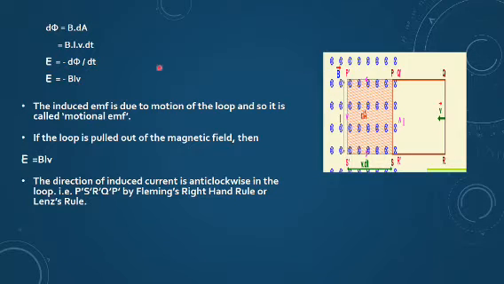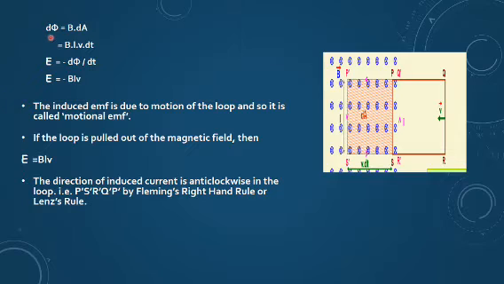So the same diagram again. Now V is the velocity for a small time dt. We are moving it towards the left. The field B is inside. Fleming's right hand rule applies, and by Lenz's law, which we have discussed, the effect is always to oppose the motion. The body is moving inside, so the force will come away from it, and that will be the direction of the motional EMF also.